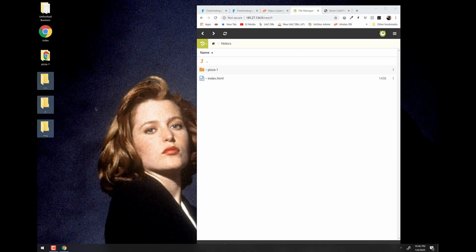And that's called a file transfer protocol software, or FTP. Now there are lots of file transfer protocol softwares out there. The one that I prefer to use is called Smart FTP. It runs about 80 to 90 bucks, and you have to renew that every couple of years. So if you don't want to do that, you can use this free one here, and it's called FileZilla.